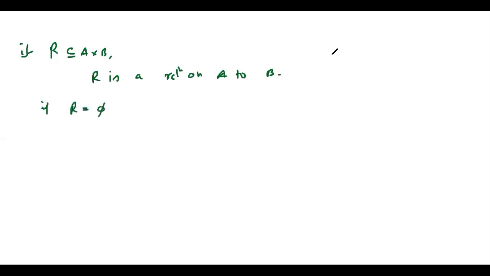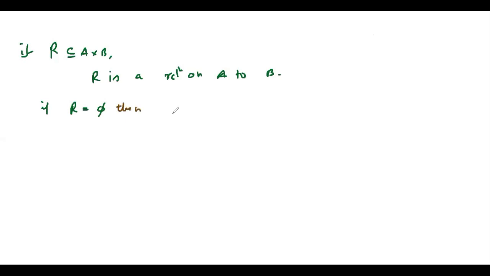Now, relation is usually denoted by R. So if R is a subset of A cross B, we call R a relation from A to B. Now you see, if this R is phi, because a subset can be phi also here, since I did not restrict you from taking phi or non-empty sets,